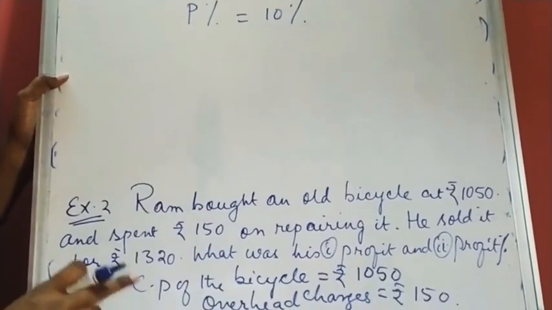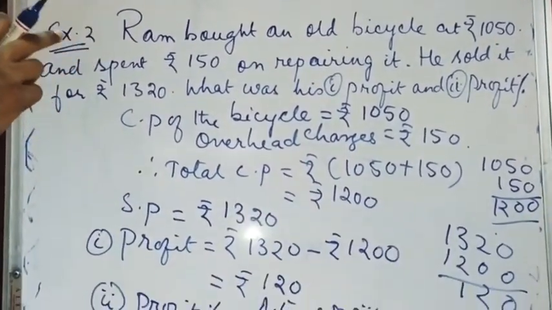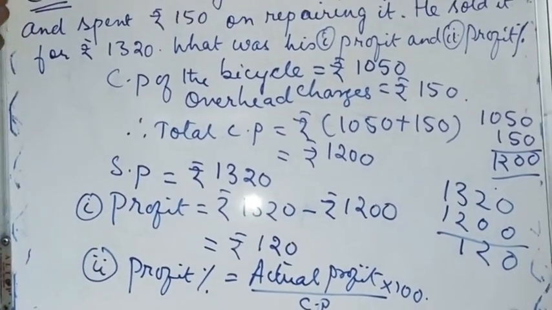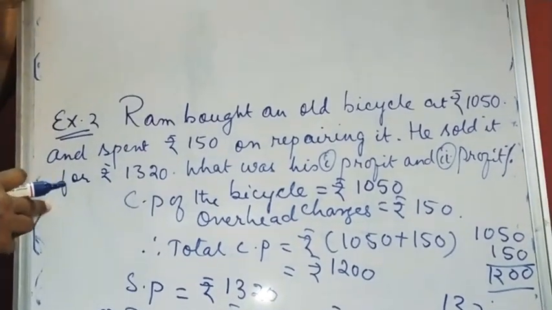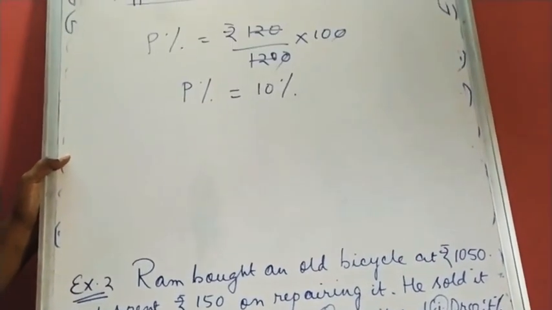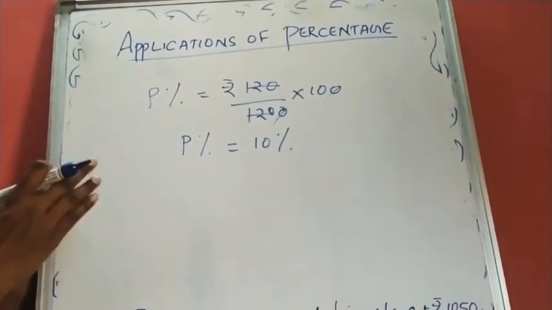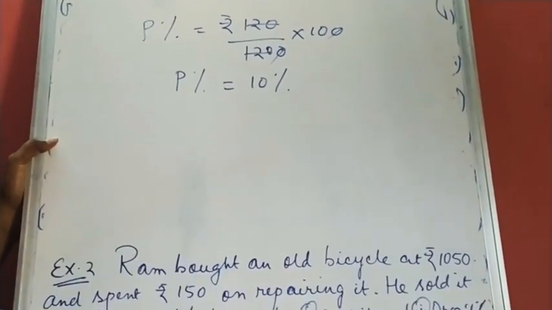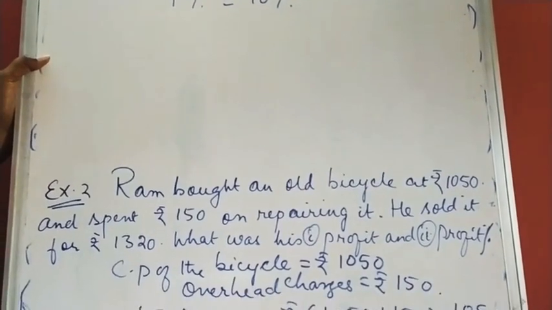So this is how, children, when we are applying the percentage concept, we are able to find out the profit percent and the loss percent when the profit is given, the loss is given, or we can find it out when the cost price and the selling price is also given. So in the next class, I'll be teaching you how to calculate the cost price and the selling price if the profit percent and the loss percent is given. Thank you, children, and stay safe.